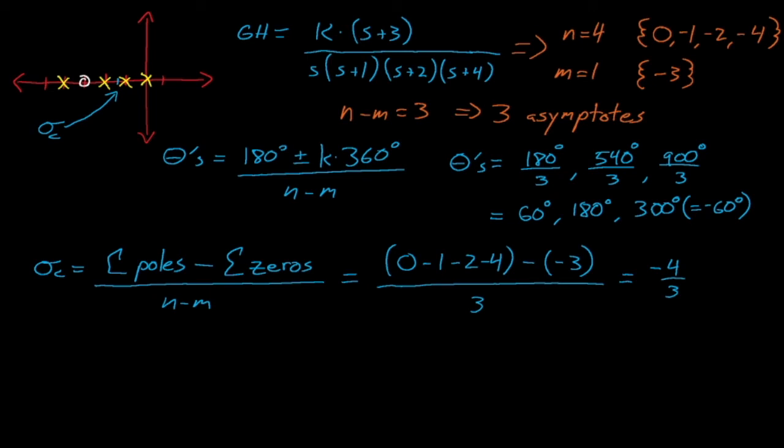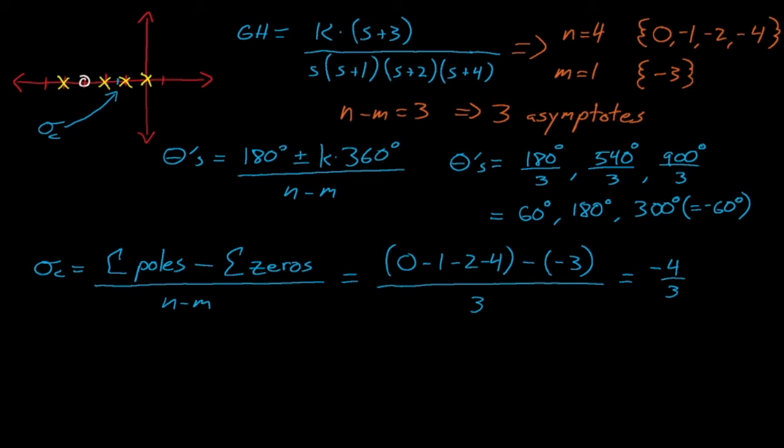Drawing these asymptotes is not quite as straightforward as it was in the previous case. Because we have an asymptote that heads off at 180 degrees, and we know that loci can't intersect, this means that this locus must start at negative 4 and must go towards negative infinity. Next, we know that we must have a locus that terminates at s equals negative 3, and because loci can't intersect,